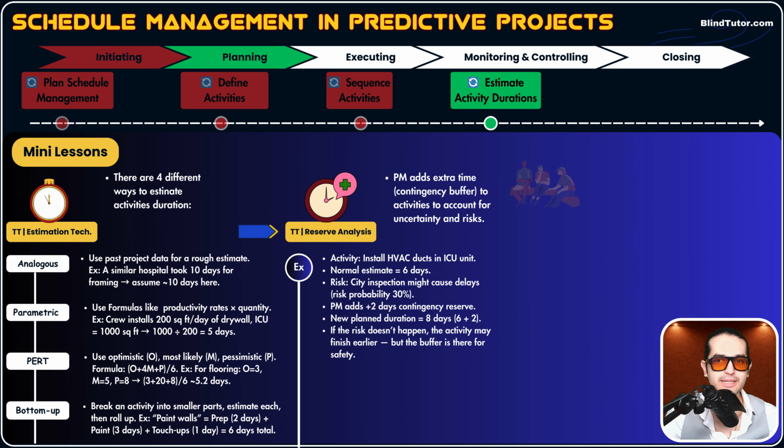Okay? Now, planned duration will be 8 days, 6 days for the actual estimation of installing HVAC, and 2 days is our contingency reserve. Okay. Now, if the risk doesn't happen, the activity may finish earlier, but the buffer is there for our safety. So, guys, always remember, finishing up early is way better than finishing up later. Okay? Whenever you finish an activity earlier, everybody will clap for you. Everybody will say, good job, man. You finished it earlier. But whenever you delay something, whenever you finish something later, everybody will be mad at you,